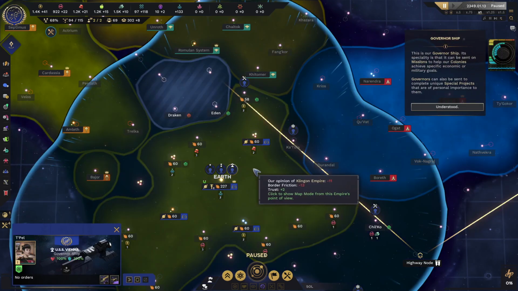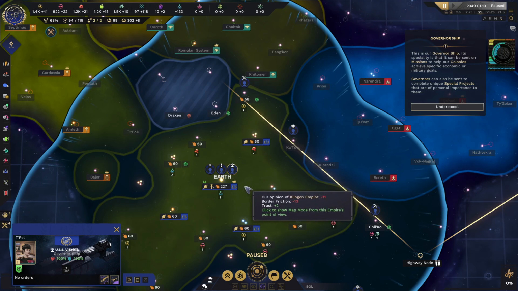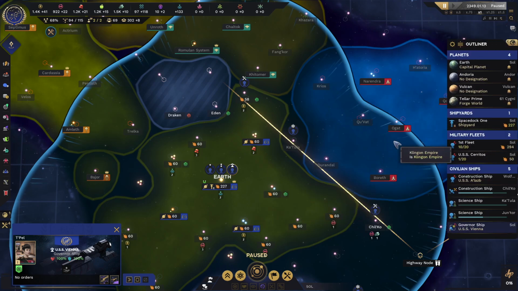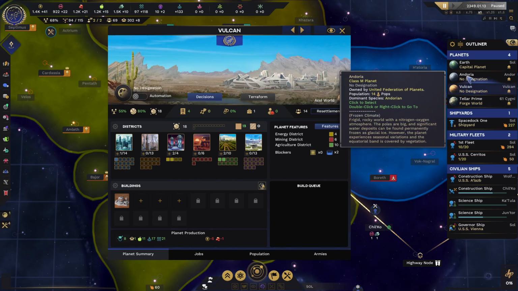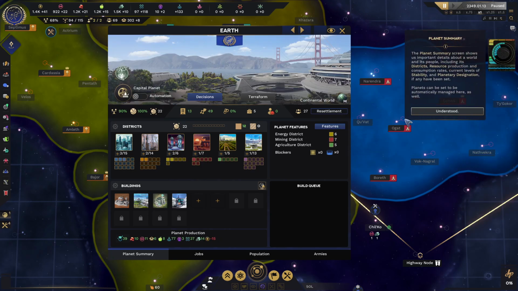This is our governorship. Its specialty is that it can be sent on missions to help our colonies achieve specific economic or military goals. The planet summary screen shows us